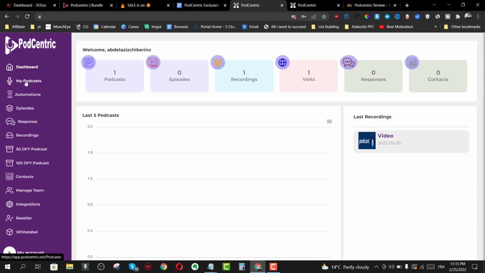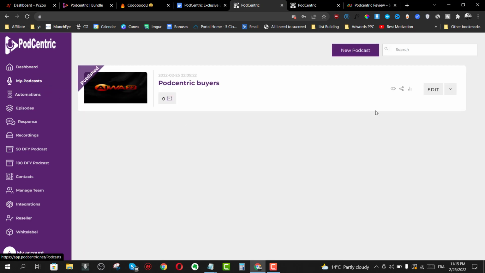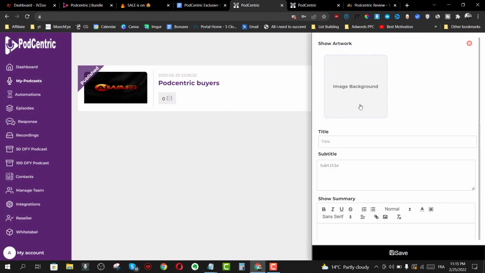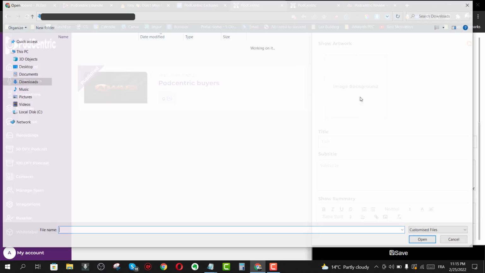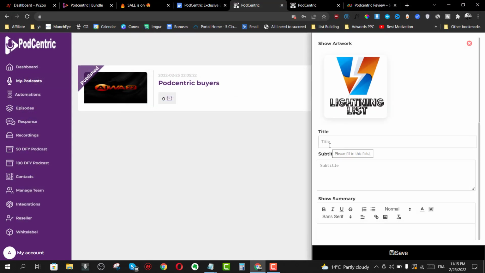Next, we have the most important section of the software, which is actually your podcast. You just click on my podcast and here you find all your podcasts. I'm just going to click on new podcast and click on start new podcast. Next, we're going to choose the image background of our podcast. So you click here, and for example, I'm going to choose this one. And next, we're going to name our podcast. So for example, I'm just going to type in Andrew King